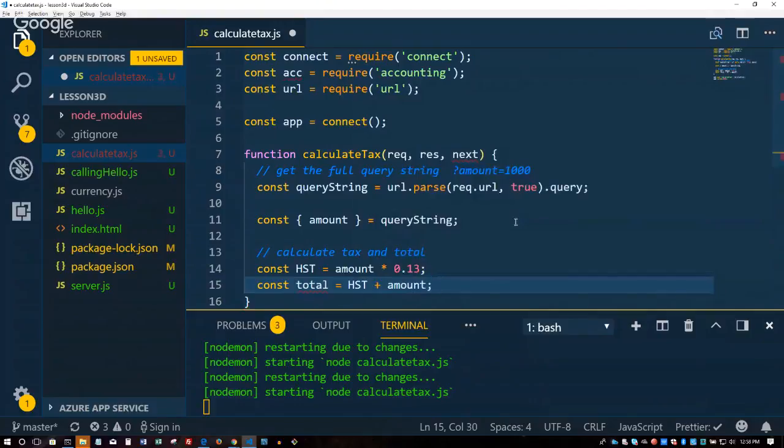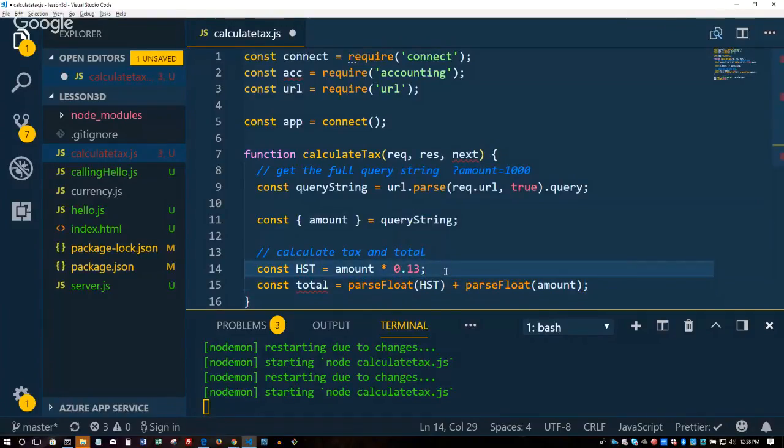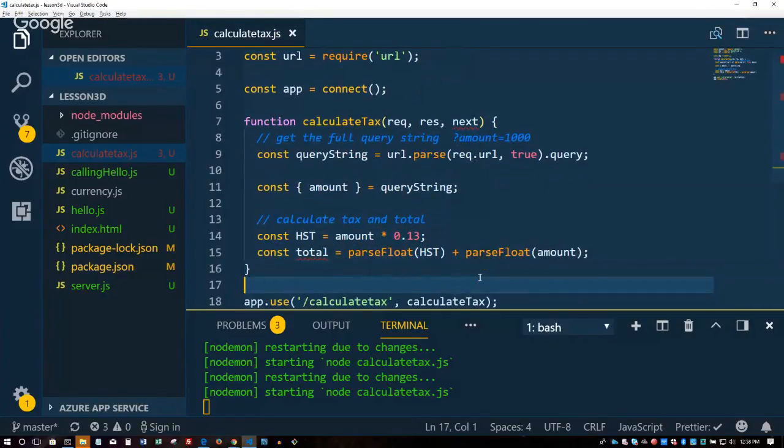If I just said this, it's not going to quite work. You have to actually force it to turn into a number. So I'm going to say parseFloat function, which turns that HST into an actual number that I can use. parseFloat amount here as well. Otherwise, it might think it's a string or do something weird.